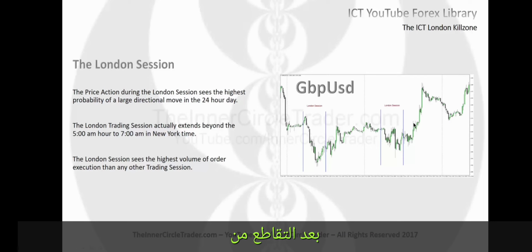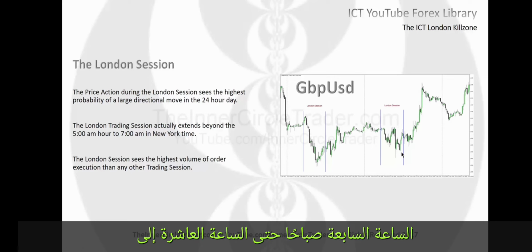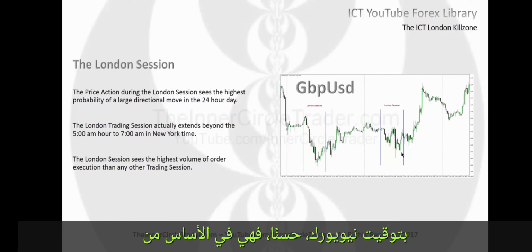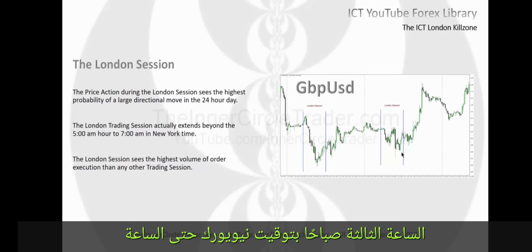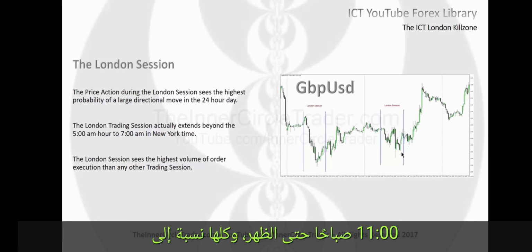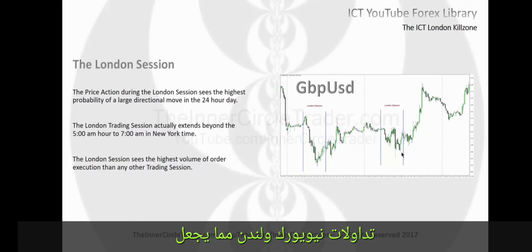But you can see the move ensues after the crossover from the London session and then the beginning of the New York session. Now, the London session technically extends even beyond 7 o'clock in the morning up into 10 to 11 o'clock in the morning New York time. Okay, so basically it's 3 o'clock in the morning New York time to 11 a.m. to noon, all relative to New York time. Okay, so there's an overlap of New York and London trading, which makes the next teaching a little bit more